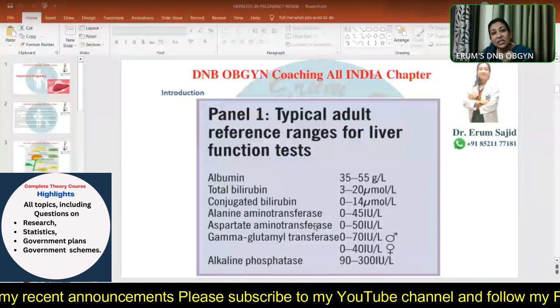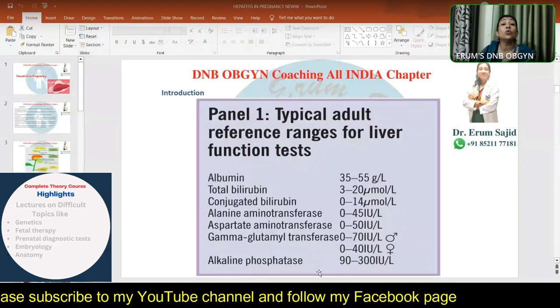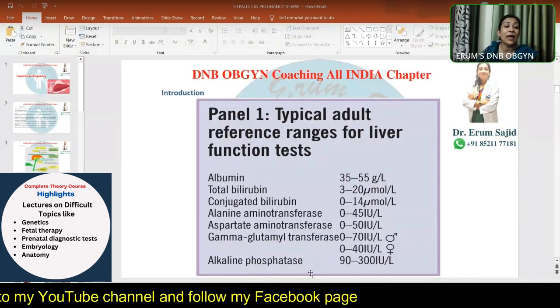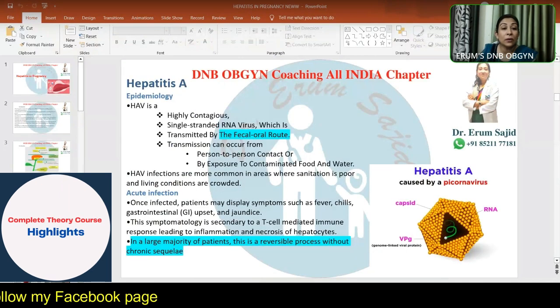Alkaline phosphatase increases in pregnancy. Gamma glutamyl transferase also increases in pregnancy, but not to the proportions to which it increases in hepatitis. So with this background in mind, guys, let's start with the first hepatitis, which is